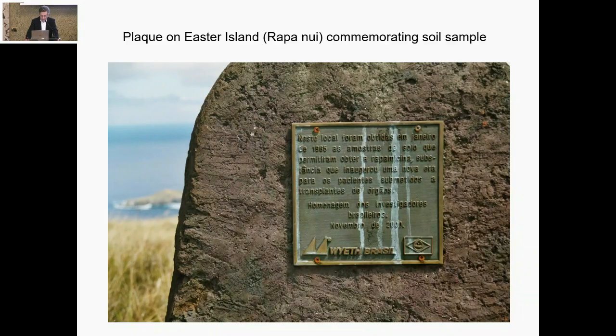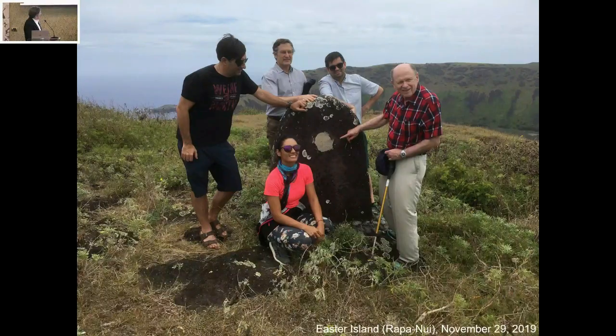Now, having worked on rapamycin most of my adult life, I always wanted to go to Rapa Nui to pay homage at this site. And it's actually one of the last trips I did just before the COVID pandemic. We flew all the way to Rapa Nui. We dropped off our bags at the hotel and immediately rushed out into the bush to see this site. We were very excited to be there, but when we got there, we found that the plaque had been stolen. So we never saw the plaque. If anybody's seen it, please let me know. I'm still eager to see it. But nonetheless, we were happy to be there.